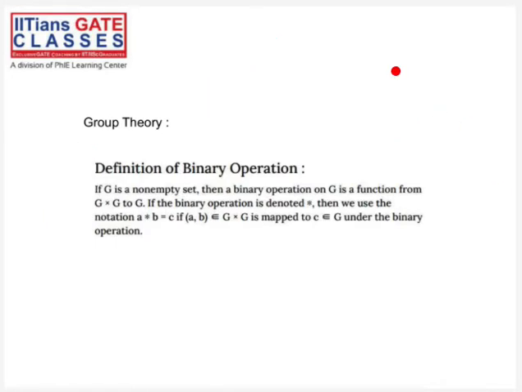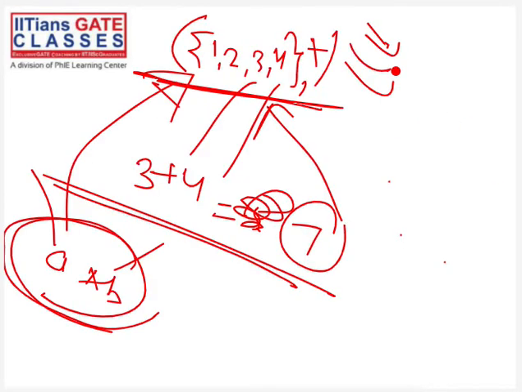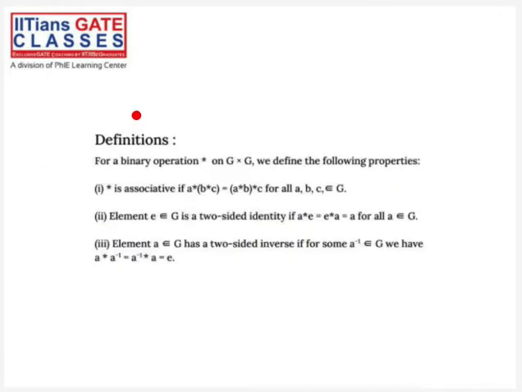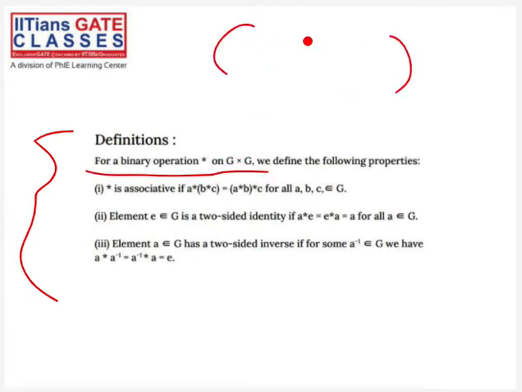So let's move on. This is the definition of binary operation. Now the next theory. Mostly we are going to see theory only, because we have already covered all the properties. What he is saying in this definition, for a binary operation on G cross G, is that G is the base set and star is a binary operation.